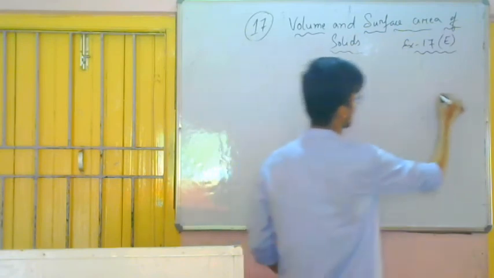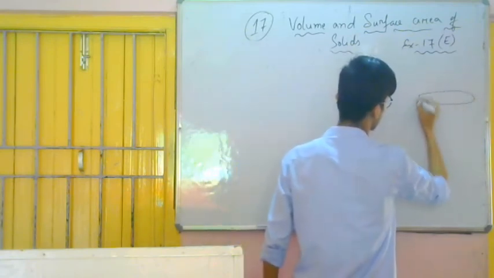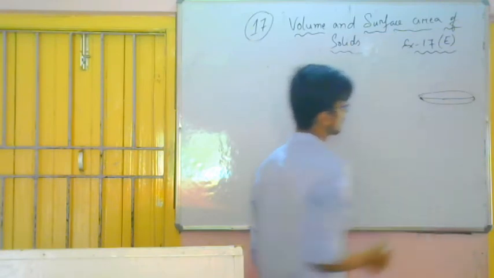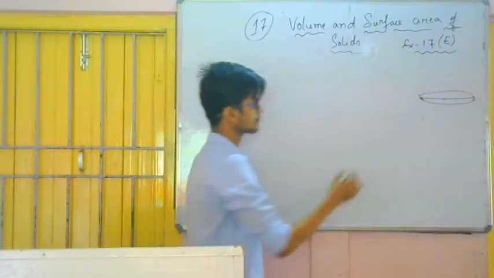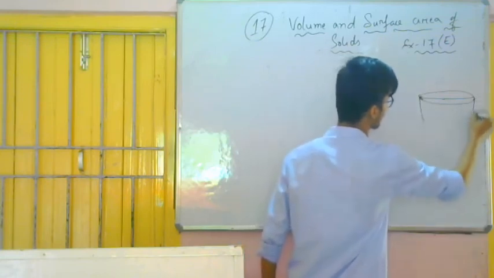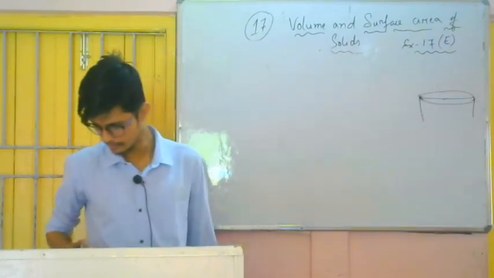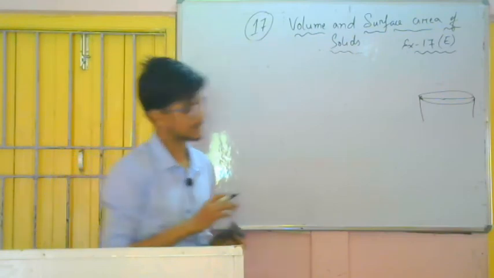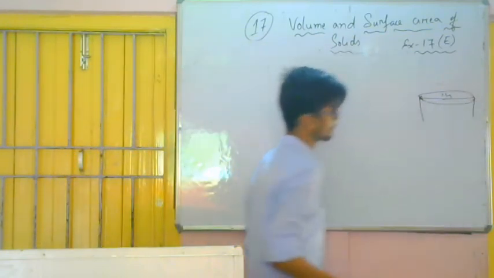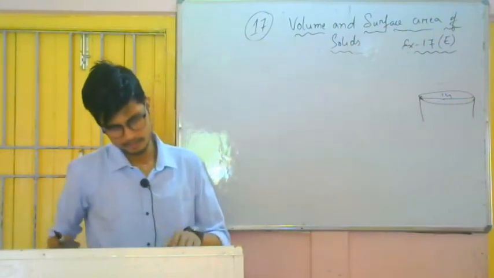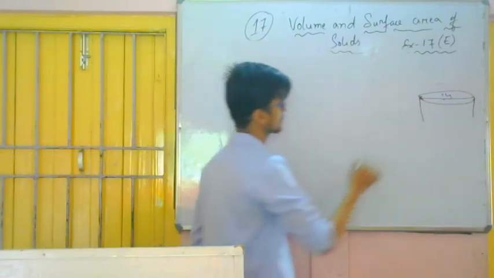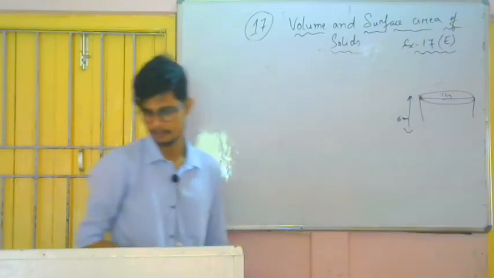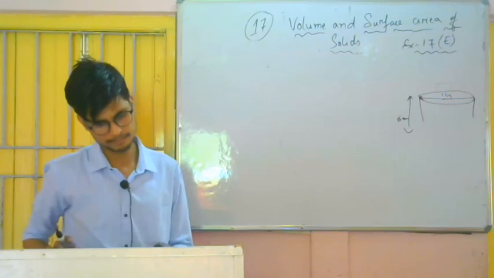So a well like this, a well is made, okay. So internal diameter it is given like this, a well is made. Internal diameter it is given, you see it is given 14 meter inside diameter, 14 meter, okay. Then 15 meter depth, and depth it is given 15 meter. 14 meter internal diameter and 15 meter deep.